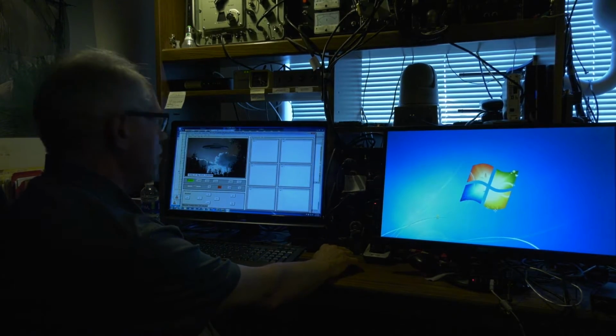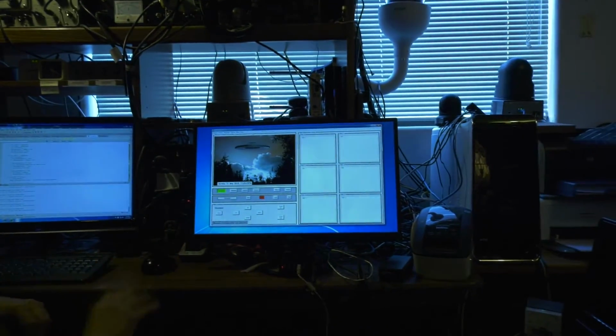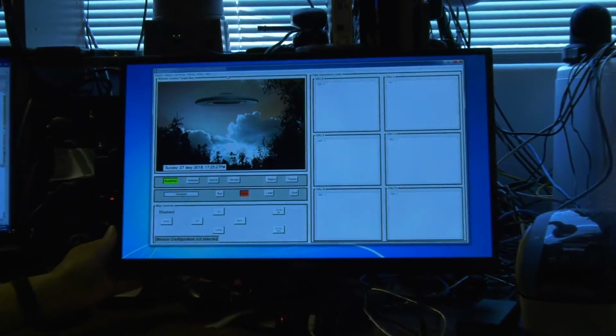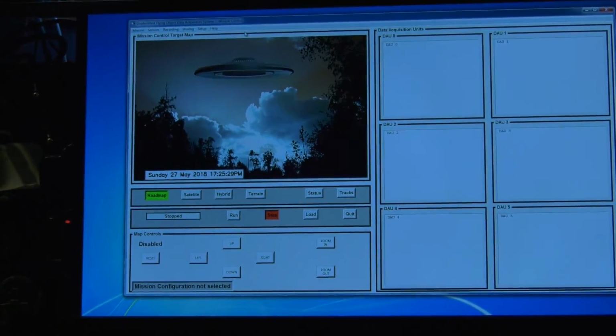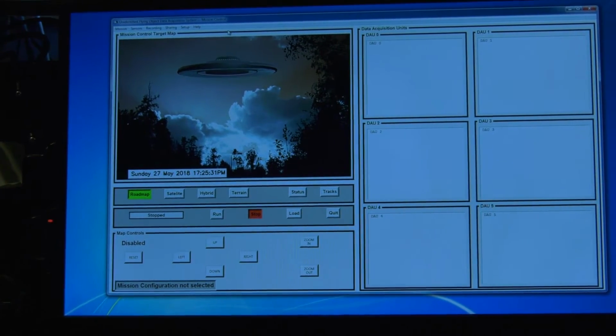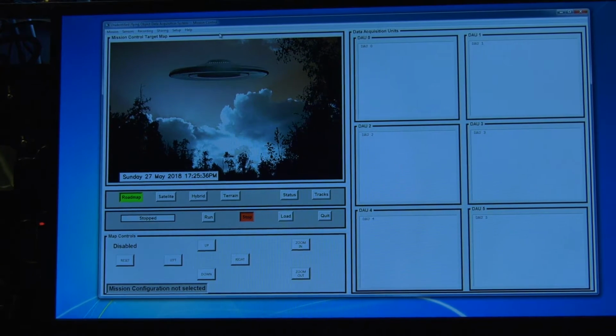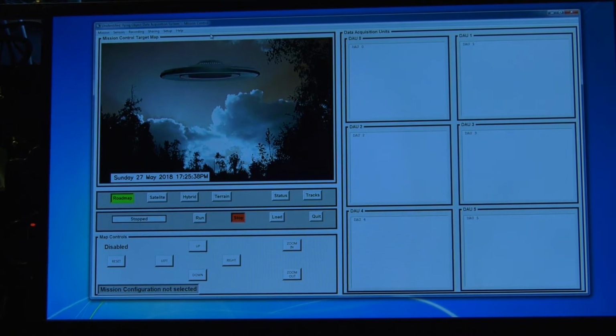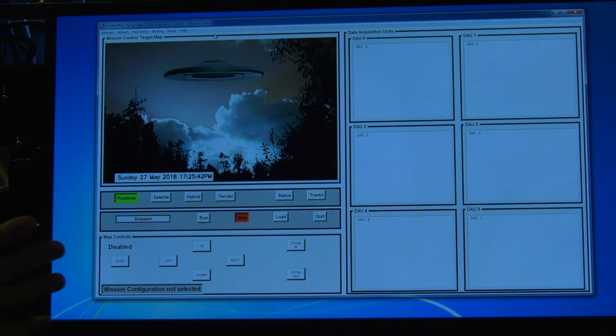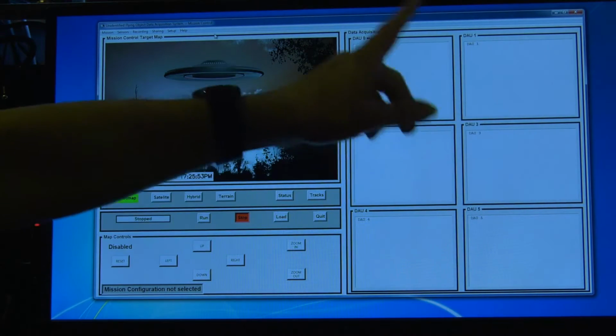Okay, so this is the mission control application. And as I mentioned, mission control is this kind of software where one might have one copy of this running at perhaps a central location, like something you consider mission control, where you're in touch with field observers or sites where there's OTDAUs or MSDAUs, and you've defined some kind of a scenario where you have multiples of those devices, and as many as 6 of them, 6 collections.